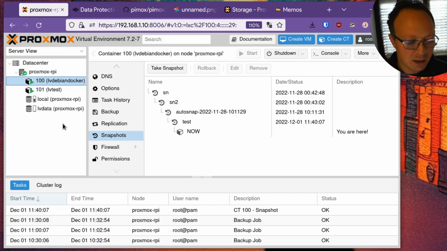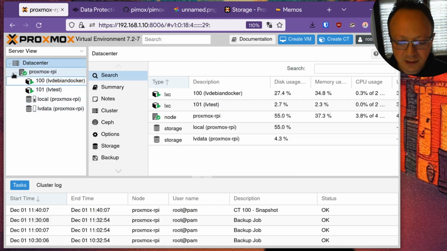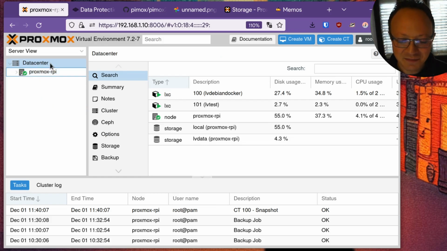Okay, other feature is that Proxmox implements high availability. So another feature that maybe isn't useful for everybody, but is that Proxmox implements high availability.